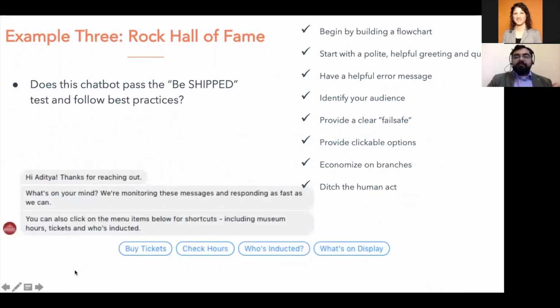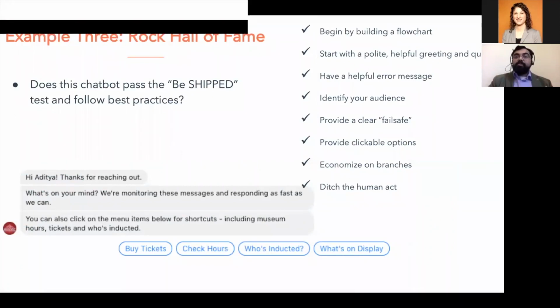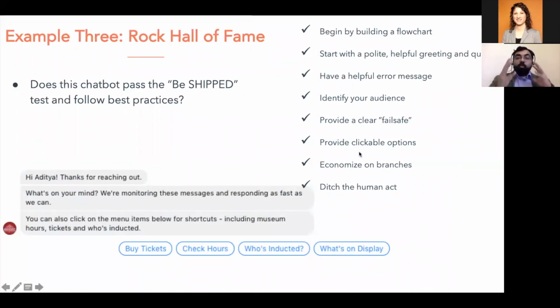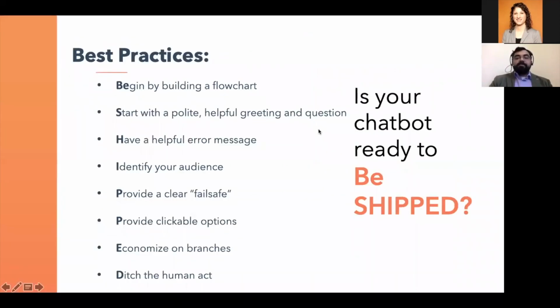The Rock Hall of Fame is really interesting because this is an example built on HubSpot that's doing everything correctly. So you want to be like this example. You want to take this with you and apply it when you're building a chatbot. And so the best practices are, is your chatbot ready to be shipped? Begin by building a flowchart, start with a polite, helpful greeting, have a helpful error message, know your audience, provide